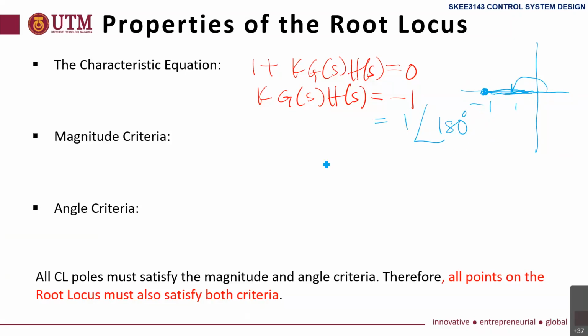So it can also be represented in polar form: magnitude 1, angle 180 degrees, which represents minus 1. As we can represent it in this form, therefore,